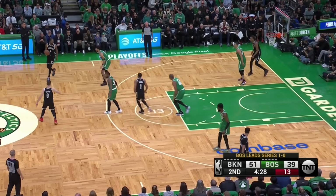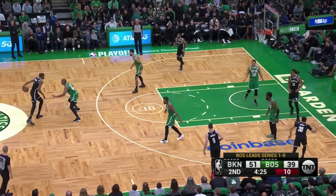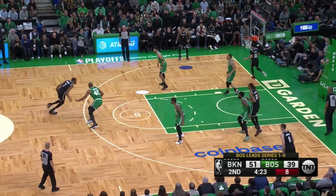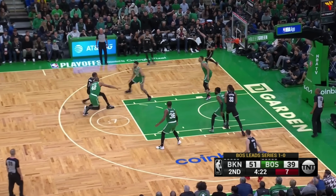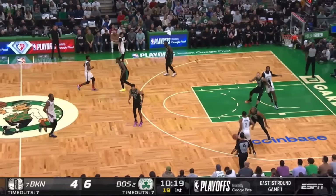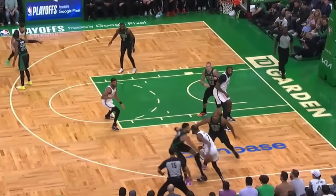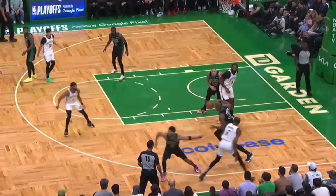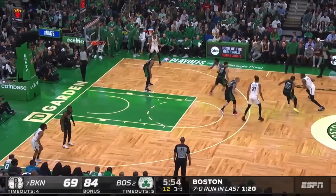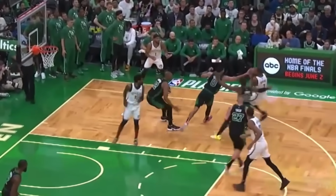Remember, Boston just switches most of these screens without paying any tax. Even when Horford is crossed up here, Tatum slides off the corner to cut off KD, and so Al can recover and strip Durant from behind. This time Horford switches, and Tatum lets Brown go, jabs at the ball, and Durant fumbles it under pressure for a giveaway. Here's another really quick double with Smart on Durant, and Tatum leaving Kyrie to jab at the rock,